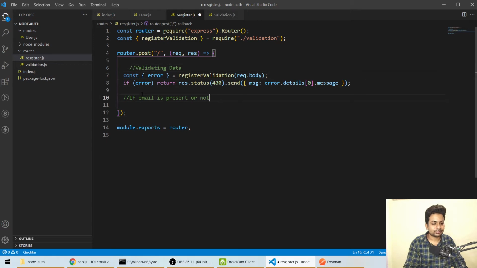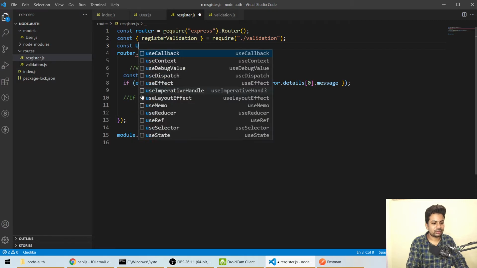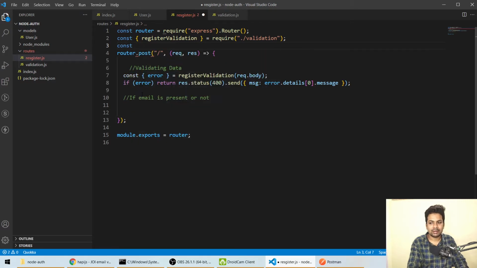So for that we need to require the schema, the user schema, not the plain schema. Yeah, we need const user equals require, and it's under model slash user.